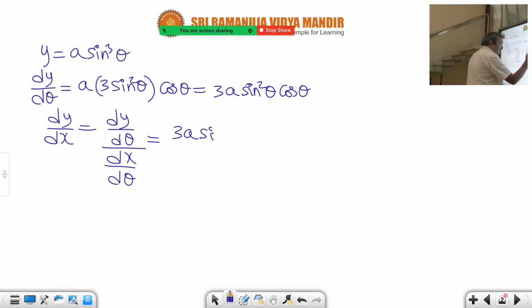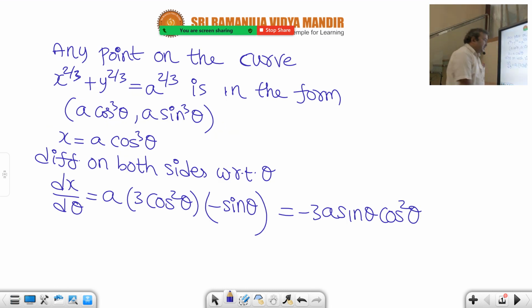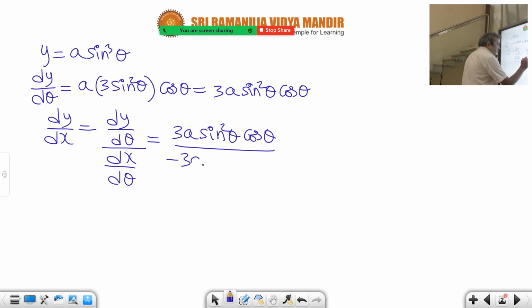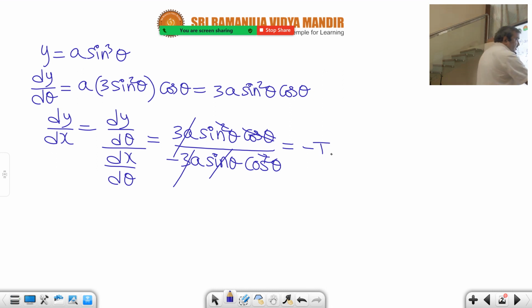So it is 3a sin square theta cos theta by denominator dx by d theta, which is minus 3a sin theta cos square theta. Now from this 3a cancelled, sin cancelled, cos cancelled, and it is minus tan theta. Now you have to